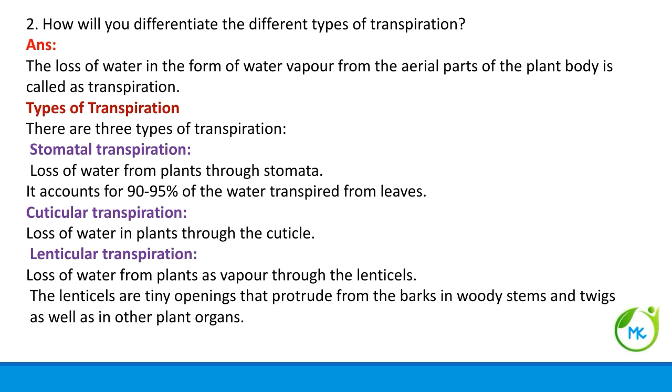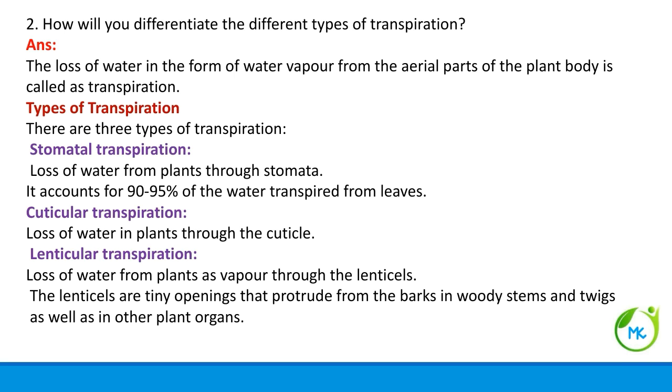So out of the plant, 90 to 95% of the water that is lost will be through the stomata. Next, cuticular transpiration, loss of water in plants through the cuticle. Lenticular transpiration, loss of water through the lenticels. And just now we saw briefly what are lenticels, tiny openings that protrude from the bark in woody stems and twigs as well as in other